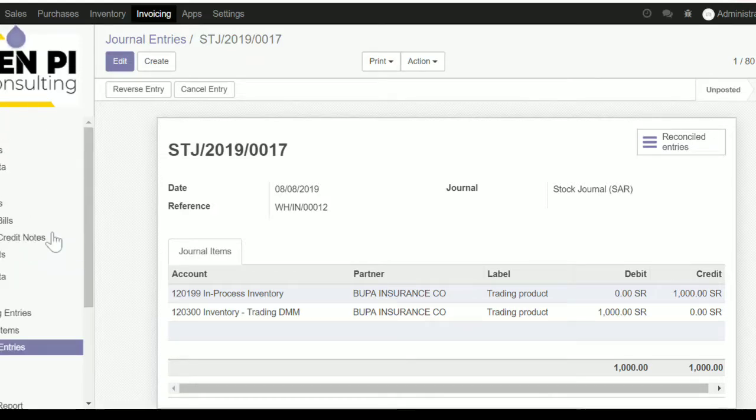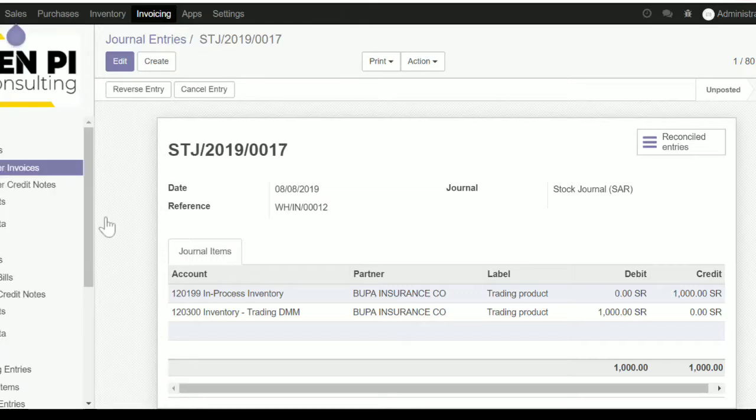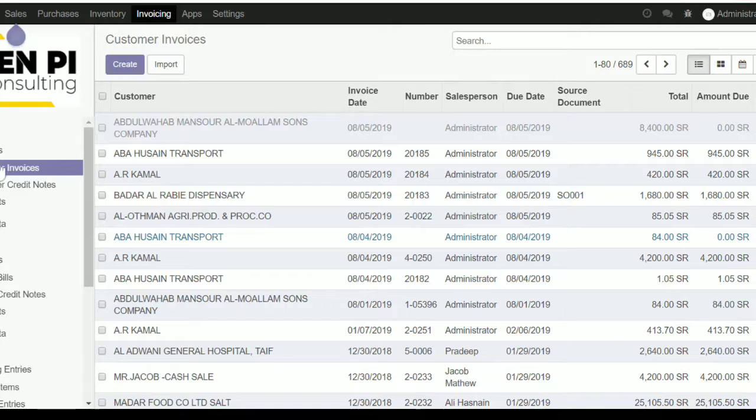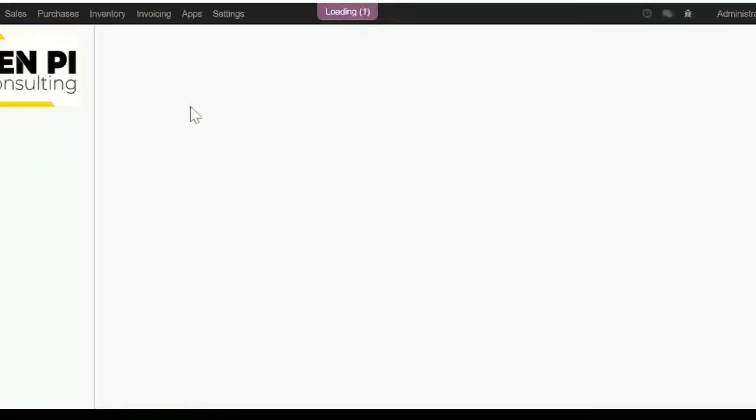Now moving on, I'd like to speak about what happens when we do a sales transaction. I'd also like to speak about movement in cost. That would only impact if you're doing a purchase entry. We're going to do a purchase entry. Let's just do one quick purchase entry right now to show you changes in